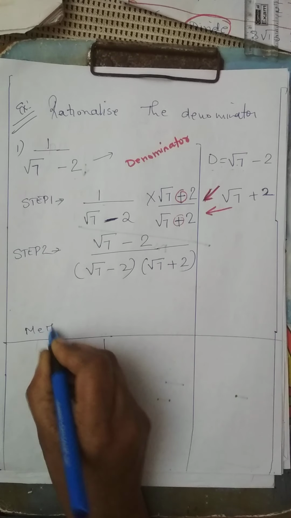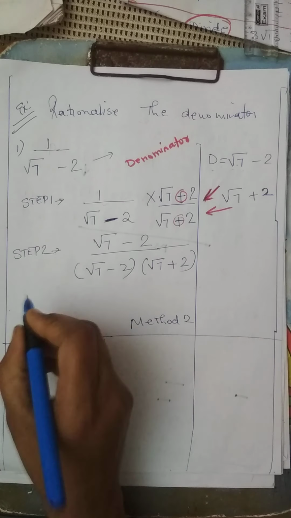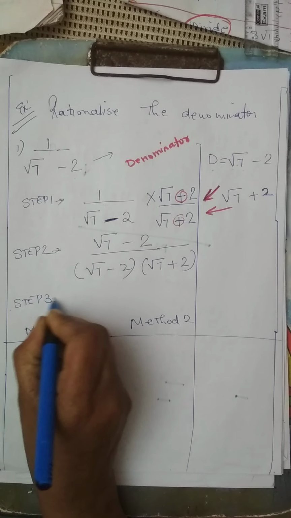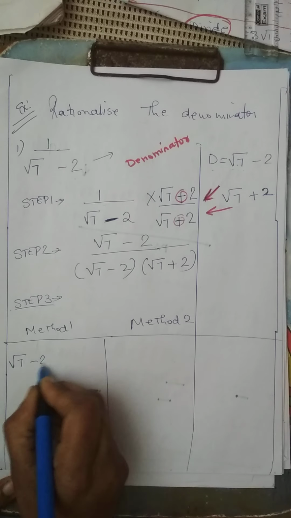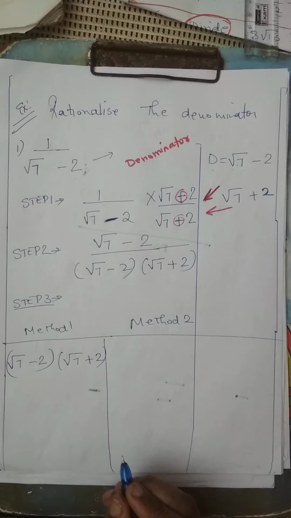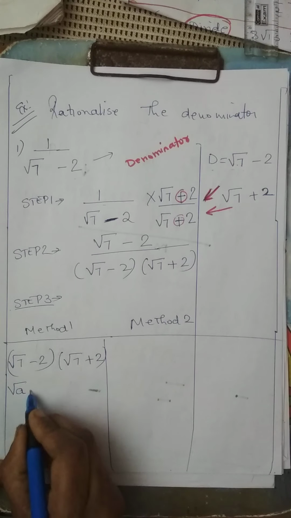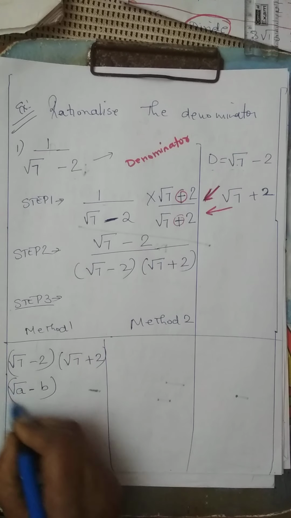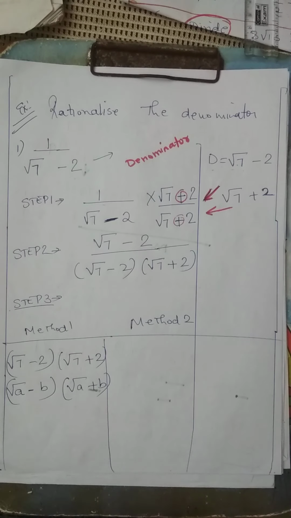Method 1 and method 2. Now let's copy that sum in method 1. Root 7 minus 2, root 7 plus 2. Now in method 1 we are using the law of identities in rational numbers, which says is this looking like root A? Is this looking like B? Yes. Is this looking like root A? Yes. Now if you check your laws, this method is based on laws of identity in irrational numbers.